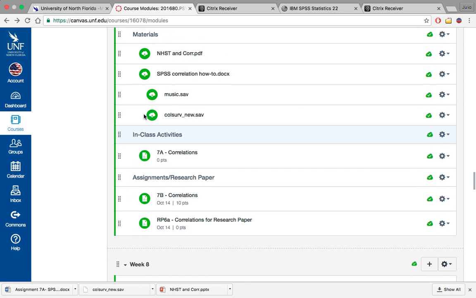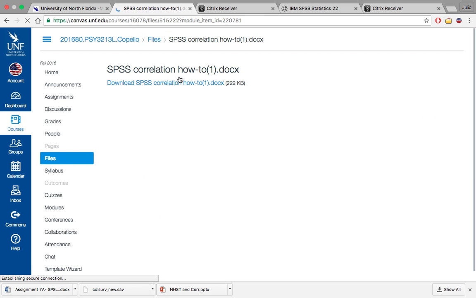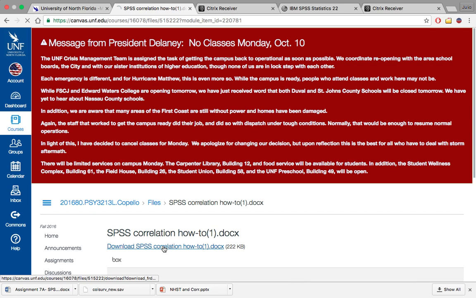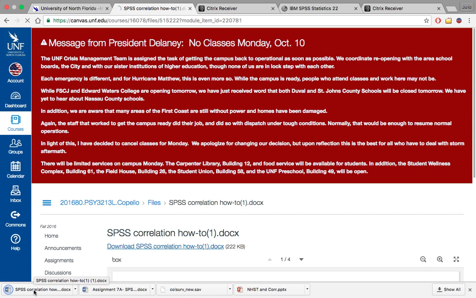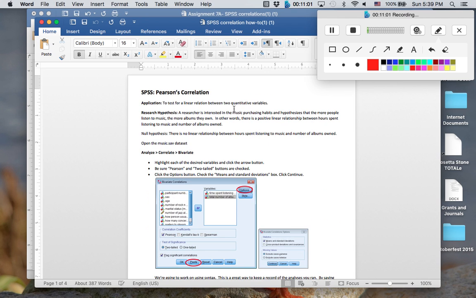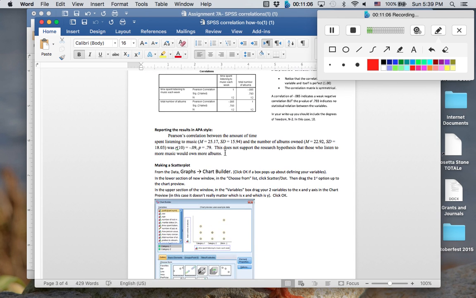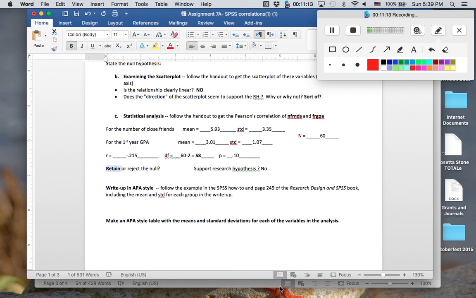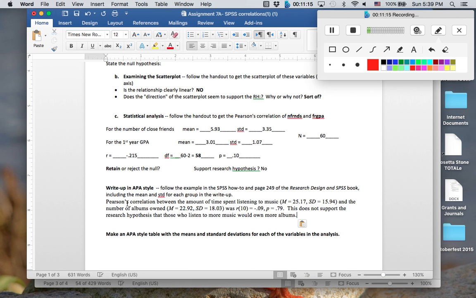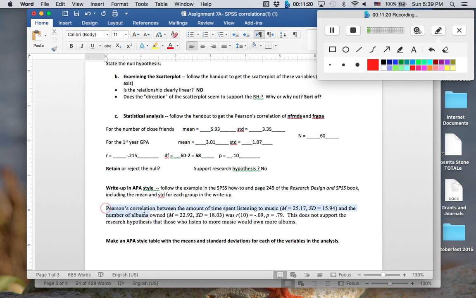You can open up your SPSS correlations how-to document, download it, then open it up, and it has a nice write-up right here, already written out for you in APA style. So you just copy that, go back to this, paste it, and now we're just going to be plugging in numbers. First we want to identify the test. There's a Pearson's correlation between the first year GPA,